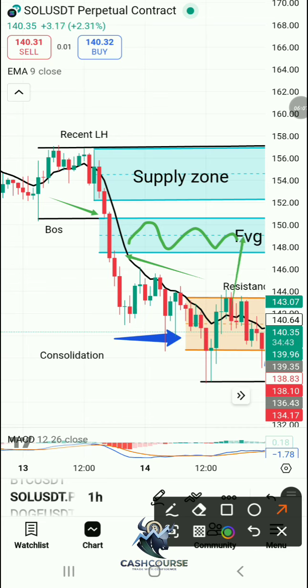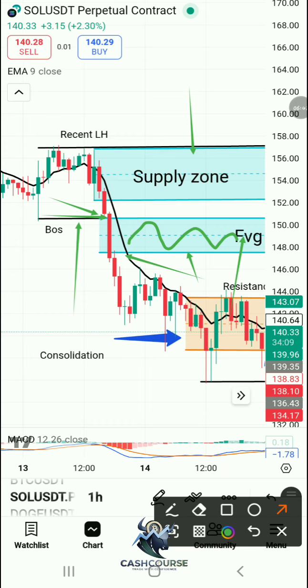All right. And the reason why this supply zone became valid is because of this break of structure over here. Okay, so a supply zone or a demand zone must have a break of structure. So this is our break of structure, and a supply zone or demand zone must lead to a fair value gap. All right, and this is our fair value gap. Do you see how legit or how strong our supply zone is? And then we say a supply zone must